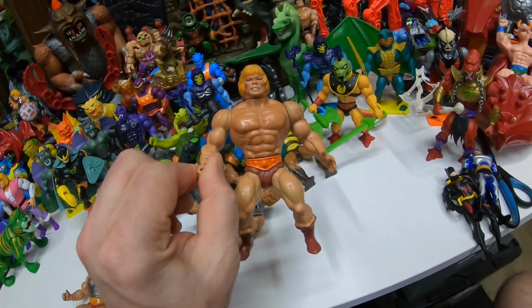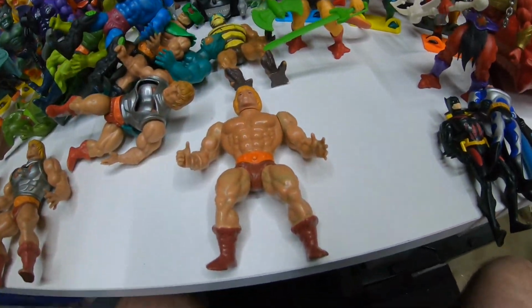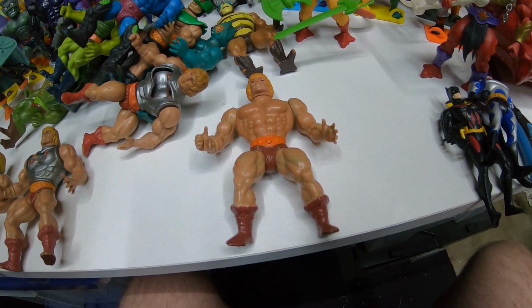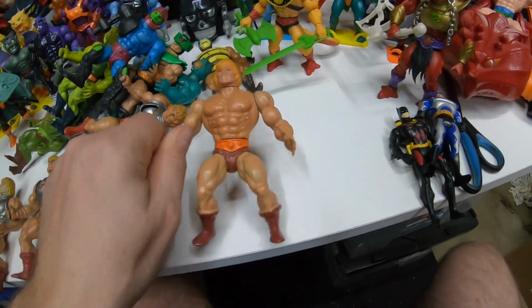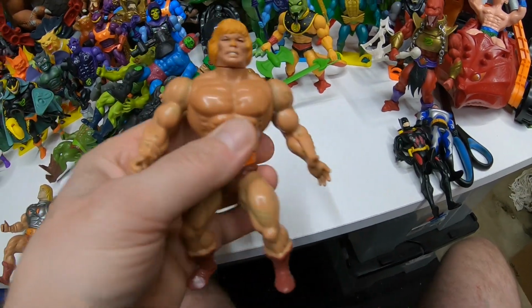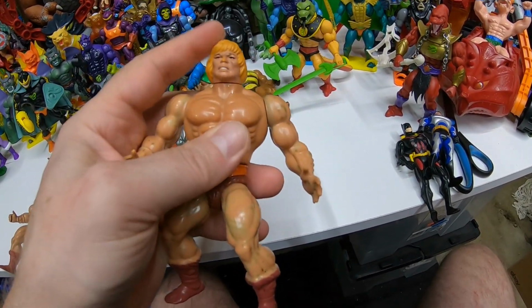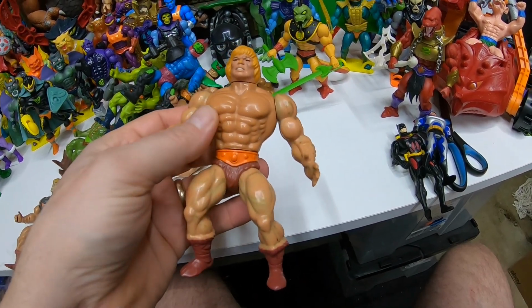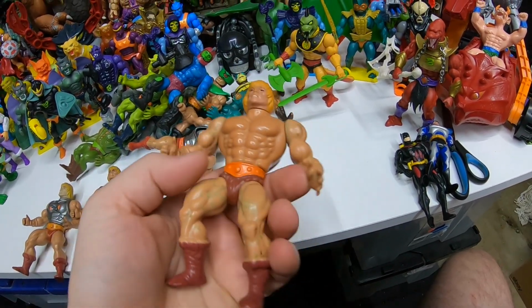If you see a He-Man like this, don't discount it. It's still worth some money. People like to collect weird variants like that, and he is a Malaysia hardhead He-Man. And there are Malaysia hardhead He-Mans out there that you can get that don't have the virus too, which I've got